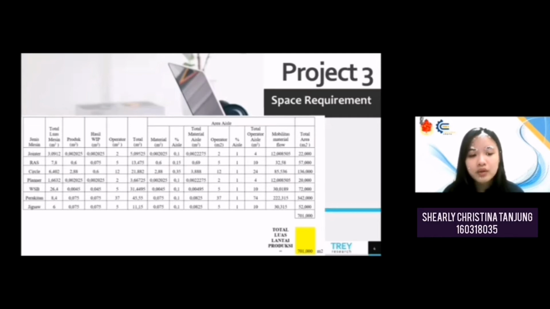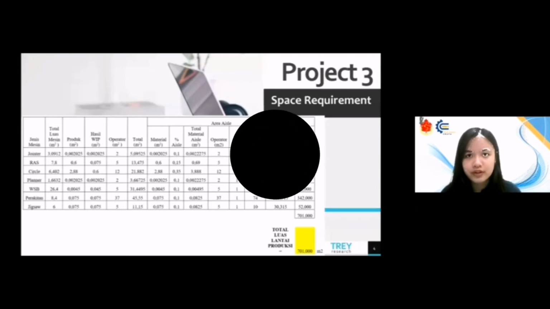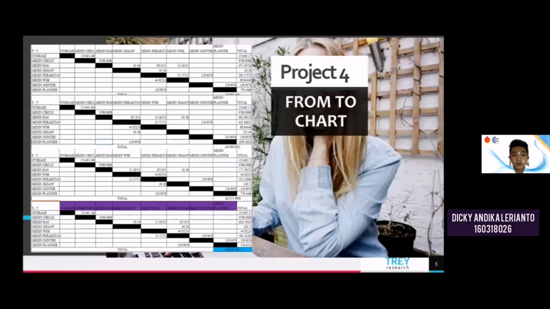Next is we calculate the material flow by multiplying 2 with the sum of material area, total material aisle, operator area, and total operator aisle. Then we can know the total area for each machine, and we sum it up to know the space needed for the production floor. So I will continue the presentation for Project 4, Form to Chart, and Project 5, Advanced Layout, but